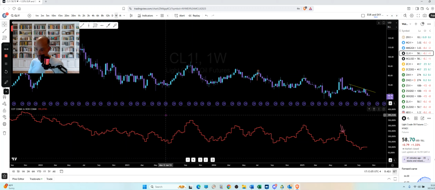Because again, commercial traders are almost always going to show opposite of where the trend is. Because again, they hedge against risk, whereas the non-commercials are like you and I. They're in it for speculation. They're in it to make money. They're in it to follow trends. So that's why these are often just going to mirror price. It's just the differences between the two entities.